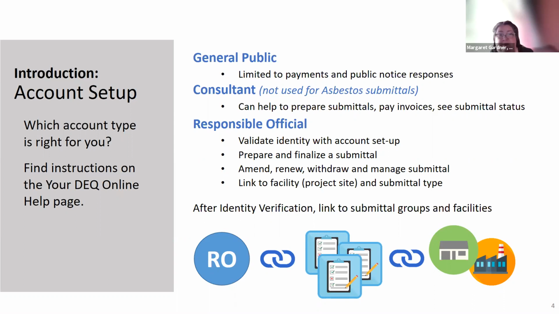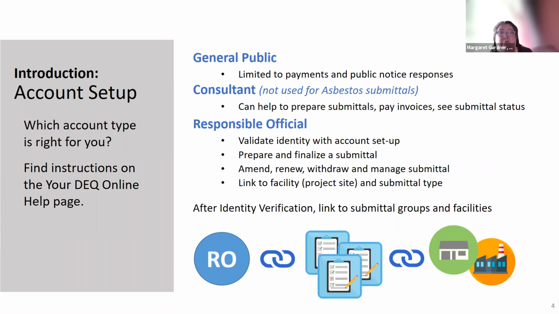So there's an identity verification process with responsible officials where you enter your personal information and home address so that a third party, LexisNexis, which is a nationally known identity verification service, can make sure that you're a real person. And that enables us to give you that responsible official permission. We don't save any of that information.